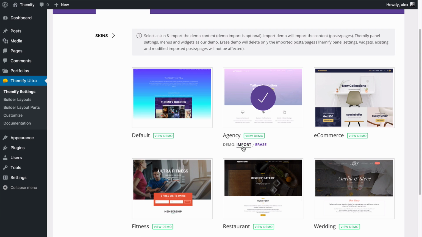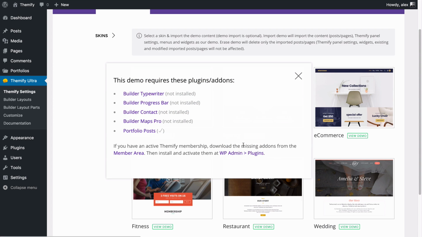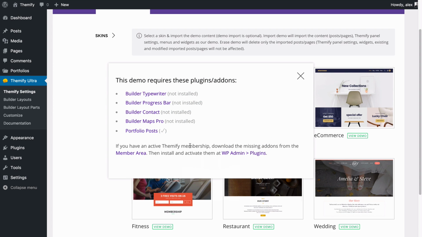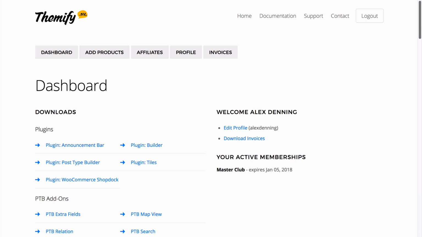So I can now go to demo content, import, just click that. I can see a number of plugins or Themify add-ons are required. You're going to find links to all of these here. So if you have an active Themify membership, you can just download these from the member area. Or if you want to use this demo, but you don't have a Themify membership, you can click through in order to purchase these. So I can head back to the member area in order to download and install the